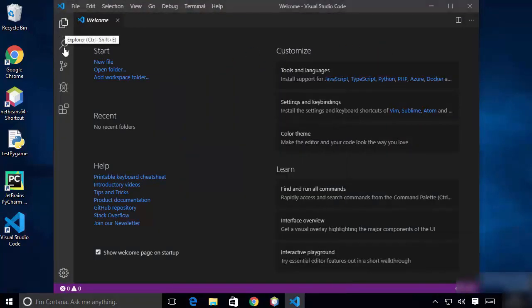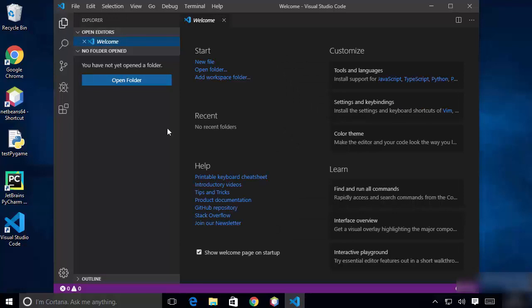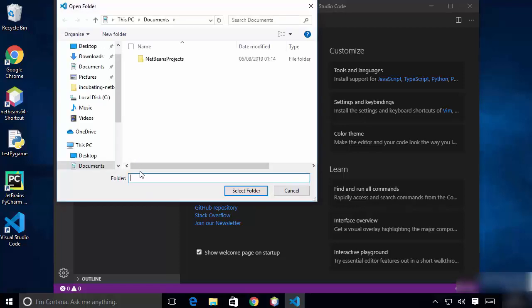Now as you can see here on the left hand side of this editor, you have some icons. So this icon, the first icon, is called Explorer, and when you click on the Explorer, it's going to open this kind of menu here where you can open your folders or files or anything. So here Visual Studio Code works with folders. You don't have projects but folders, because it's normally an editor. So if you want to open any folder, you can just click on open the folder and then open the folder which you want to open.